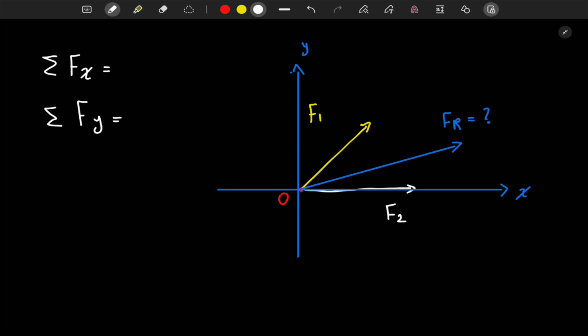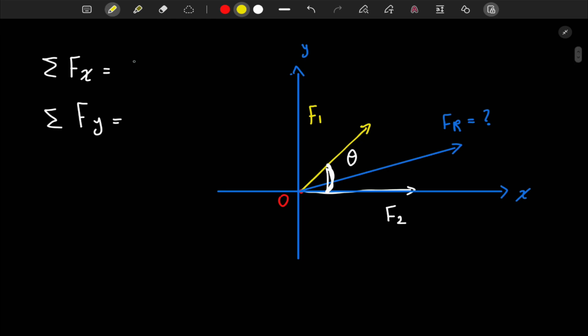So now, how do we find the horizontal component for this force? It is actually the magnitude of this force multiplied by the cosine of this angle right here, which is theta. So the summation of Fx will be F1 multiplied by the cosine of the angle theta, plus,